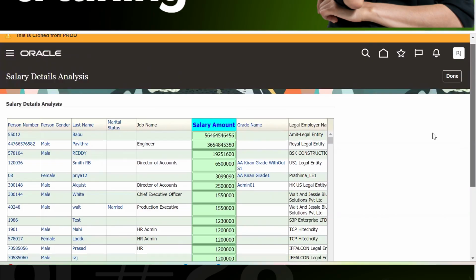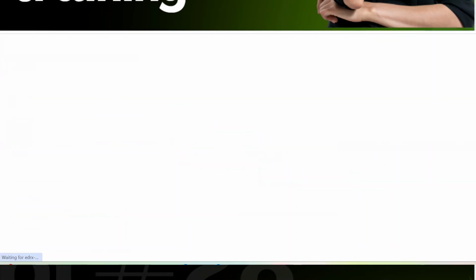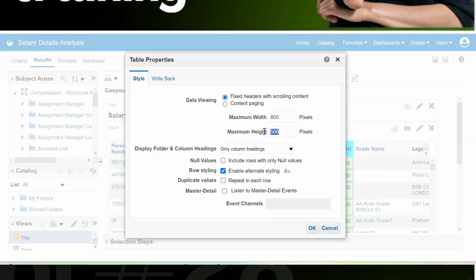Can I fit this entire table to the actual fit of this particular screen? That depends on resolution, screen to screen. I have shown you how to set the column properties, right? There we can put some pixel values, 500, 800, 600, and accordingly that will be handled. Under results table properties, here we have set the height, we can put 200, and this we can put 1200. Click OK.